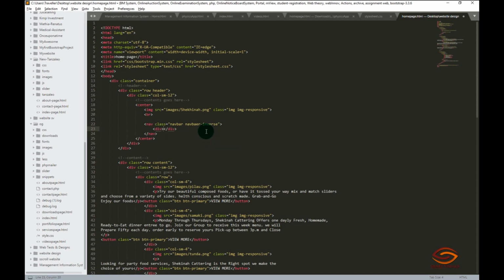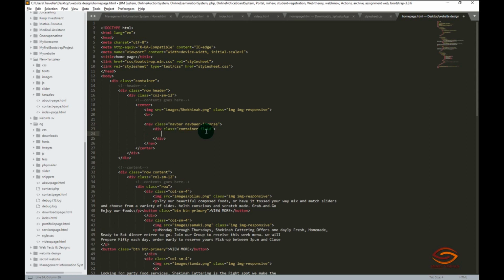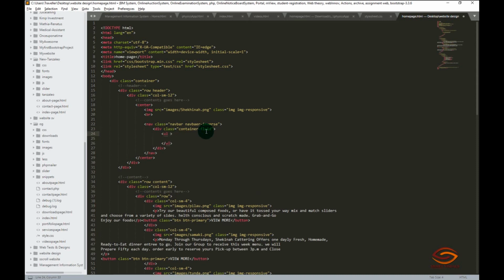Inside the nav tags we put a div, and this div will hold the class of container-fluid. Inside this container-fluid we put an unordered list,